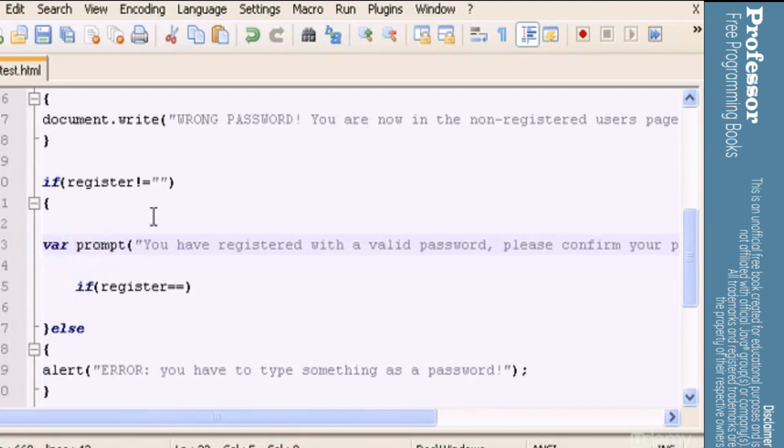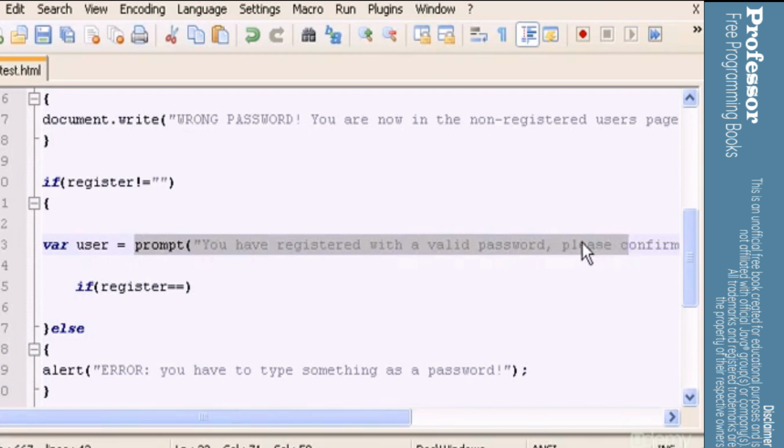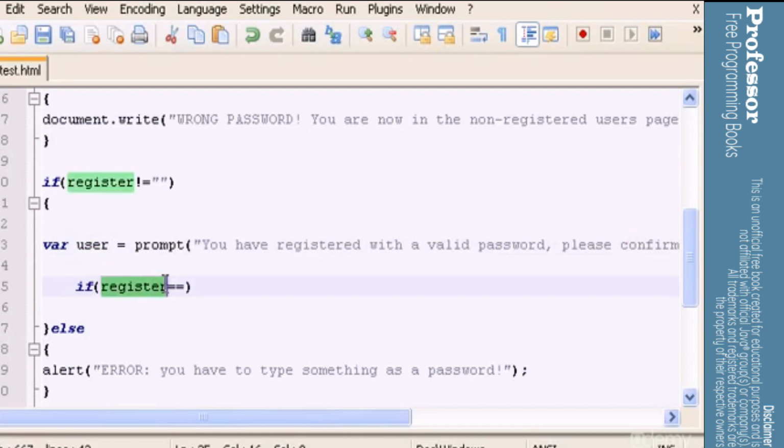We're gonna store this in a variable called user. So when we type the second password in this prompt, that password will be stored in user,